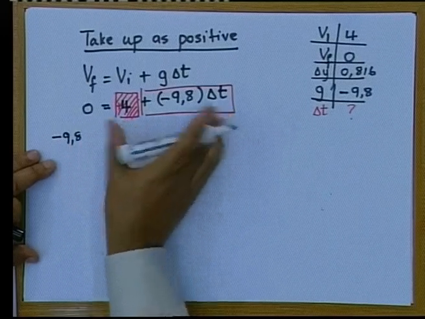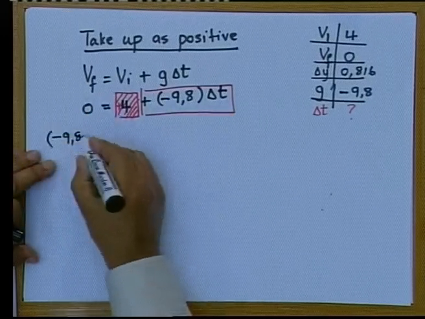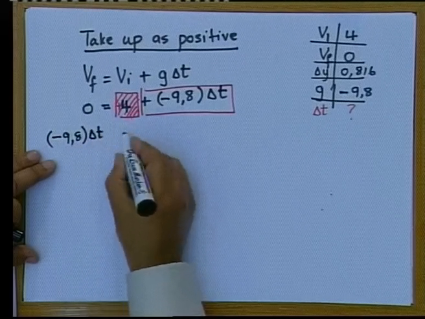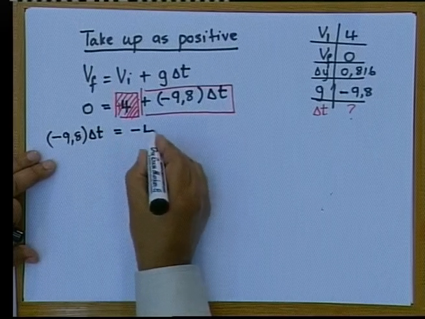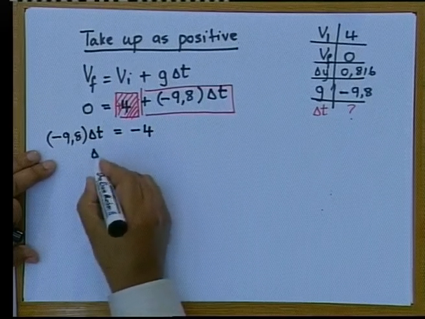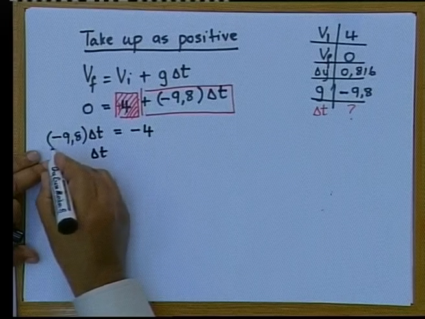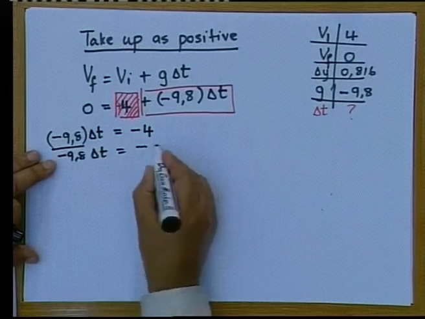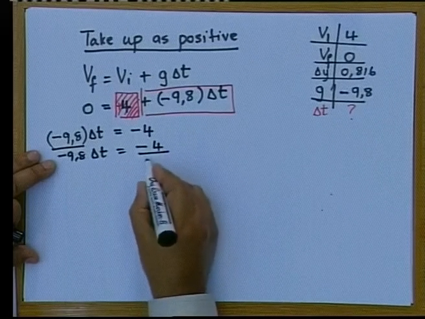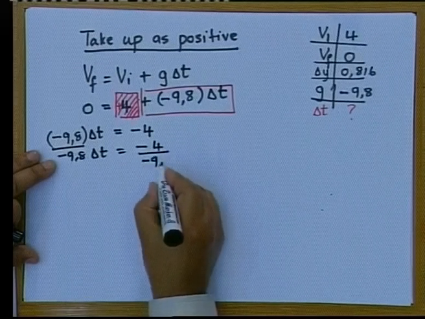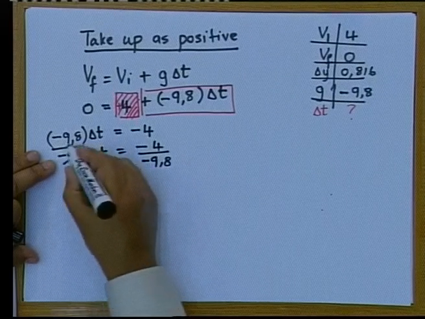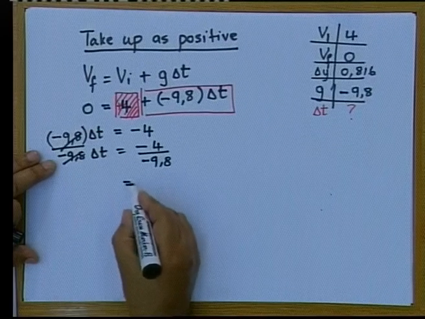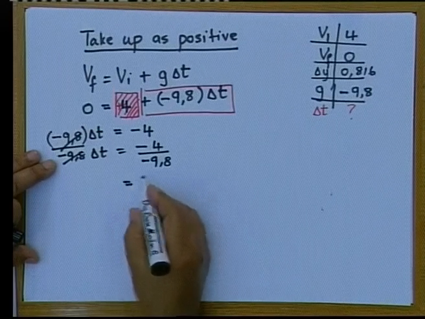Can you see I'm just writing everything on this side now? And I multiply it by delta t, and I take the 4 across, is minus 4, and then I take delta t, that is what I want. I divide by minus 9,8 this side, and I divide by minus 9,8 the other side. So that cancels there. So I have delta t, and that answer should be 0,41